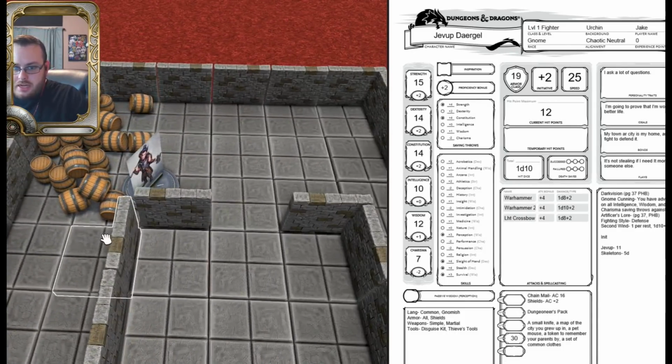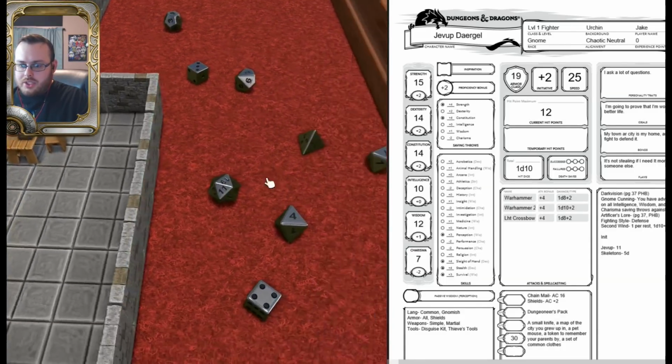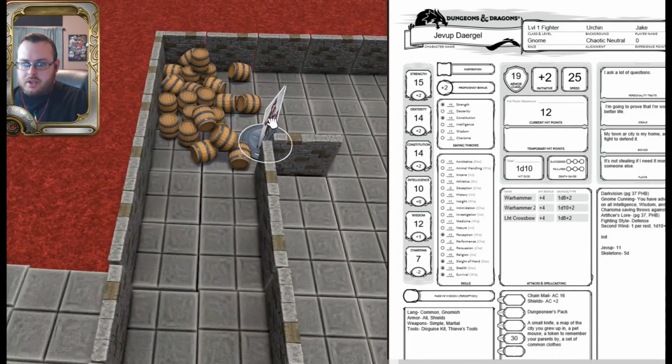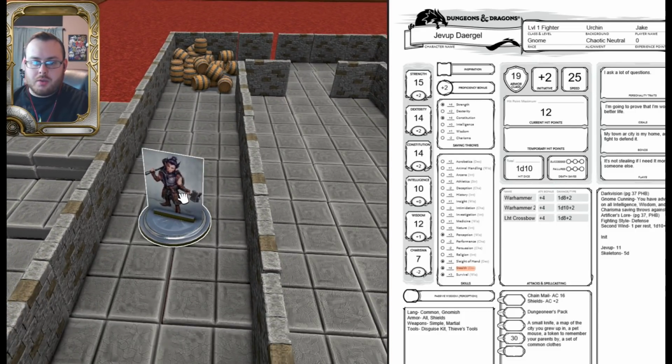Now, Jevup has decided that he wants to try to climb over these barrels. So I say, okay, go ahead and make an athletics check to see if you can get over those barrels. That is a +2 to athletics due to our strength, but we are not proficient, so we don't get to add the extra. So let's go ahead and roll a d20. The DC on this is just going to be simple, pretty much a 10, 50% chance of getting it in one shot. A 19 + 2 again, so yeah, 21. So our hero Jevup Dargel easily clears those barrels,